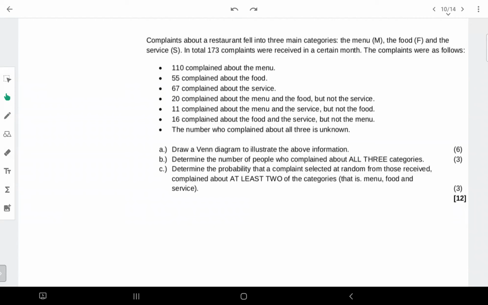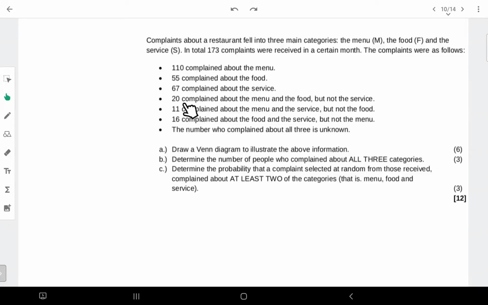Complaints about a restaurant fell into three main categories: the menu M, the food F, and the service S. In total, 173 complaints were received in a certain month. The complaints were as follows: 110 complained about the menu, 55 complained about the food, 67 complained about the service,